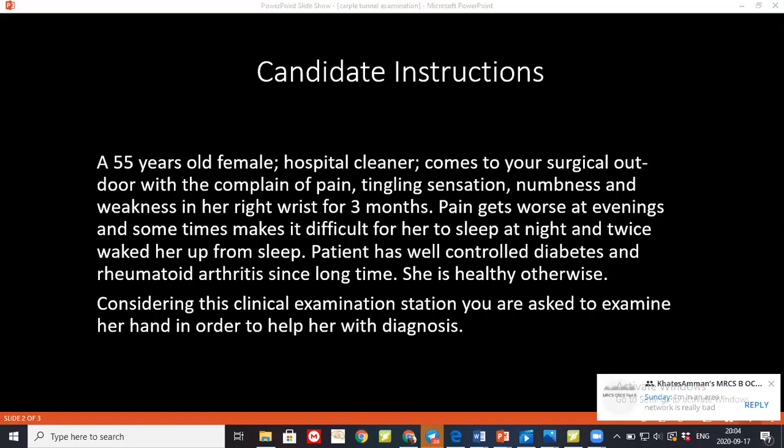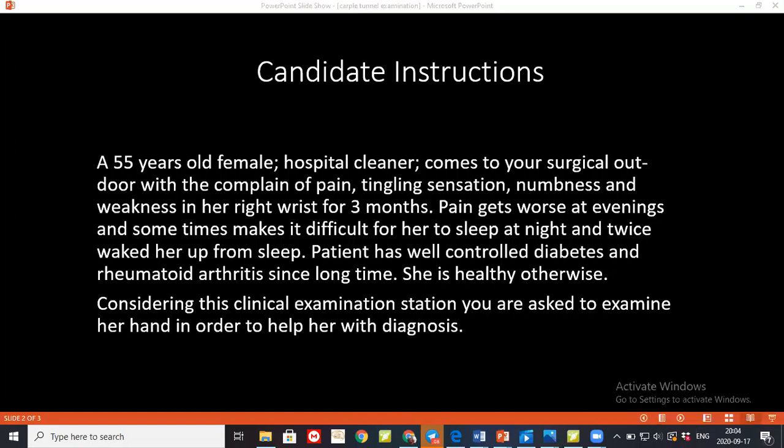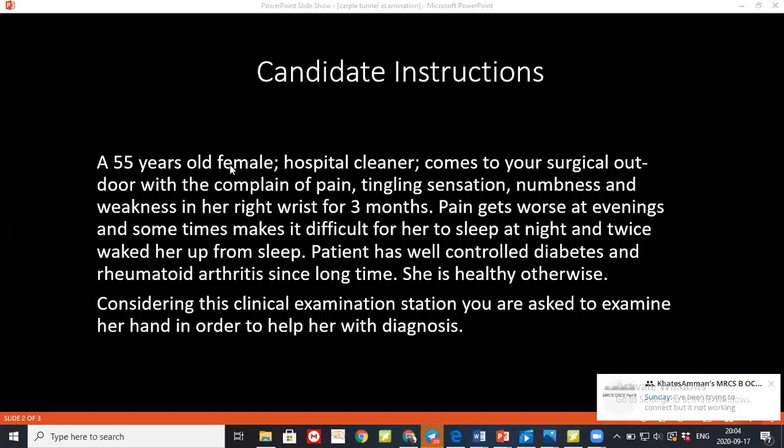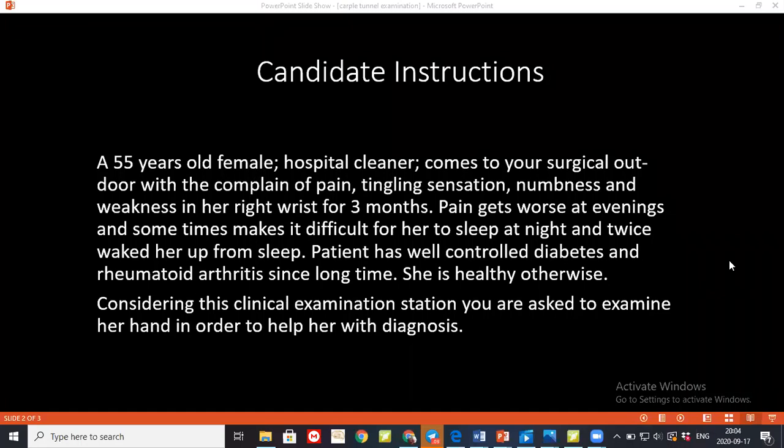Right. So if you've read and understood, kindly begin your examination. You've entered the examination hall. There was a female; you'll greet her and then introduce yourself. You'll wash your hands and then